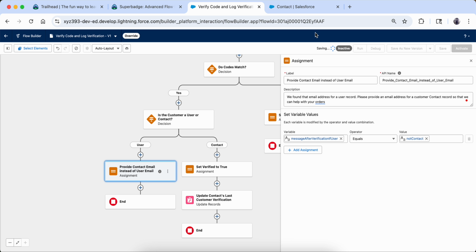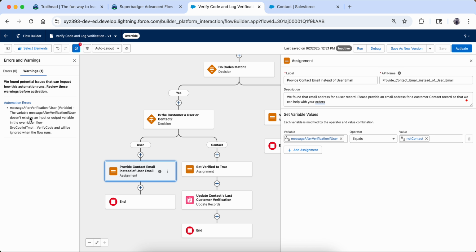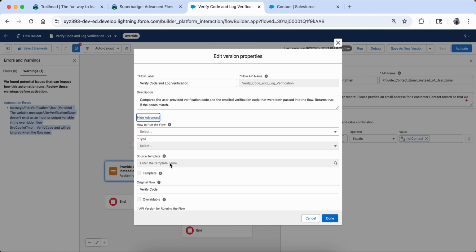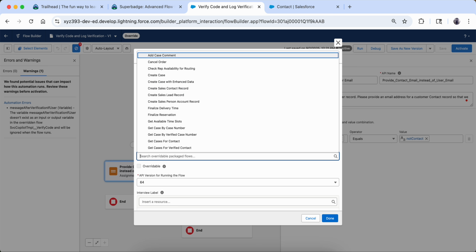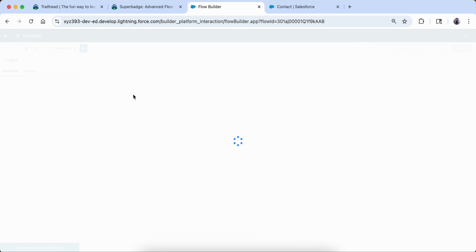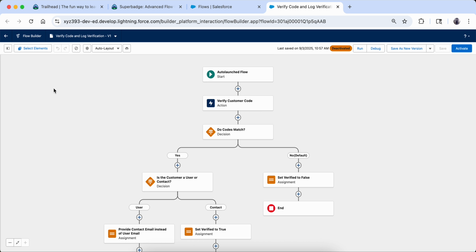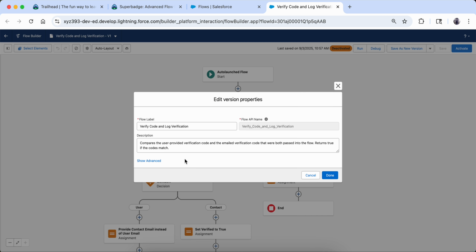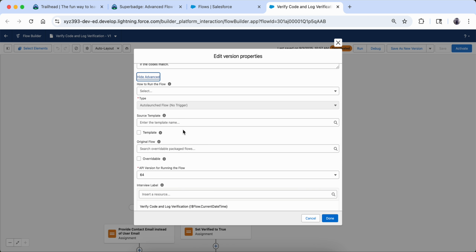Okay, so here this error is coming, right? This message error is coming. This is because if we click here, I think yeah, this takes an original flow. So I am going to just delete it from here. Just delete the flow if it is taking anything. Okay, and then I'm going to reload it. I already saved it. Okay, now this warning is gone. What we just did, we just removed it here, right? There was an original flow, and the original flow should not be there.